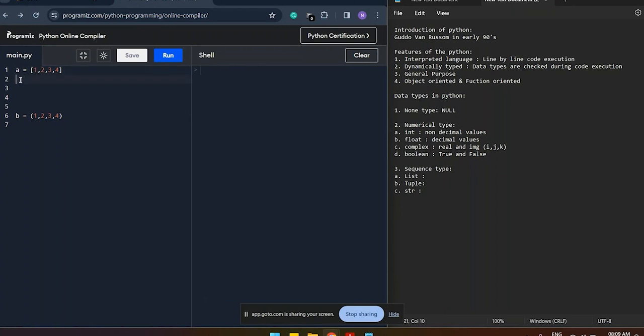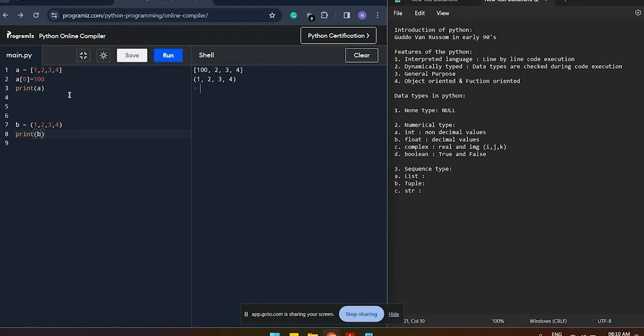If I want to change the zeroth index value to 100 and print that, what we are getting is 100. So the first value is changed here, right?